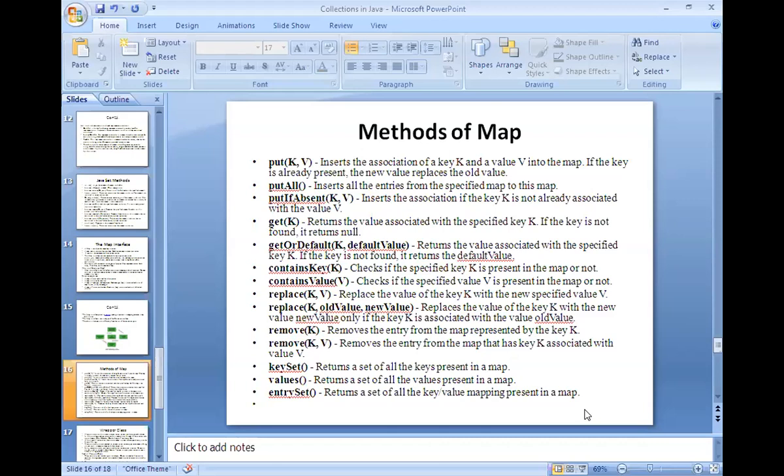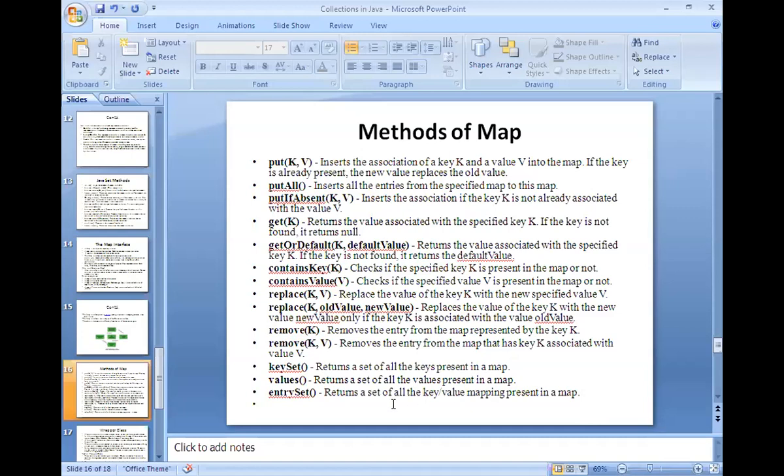So the put method is used either for creating a new pair or for updating. If there is no entry for the key, a new pair will be created. Otherwise, as I told you, there is no possibility of duplicate keys. It always maintains unique keys. If you enter a duplicate key, simply it overrides the previous value with the present value.